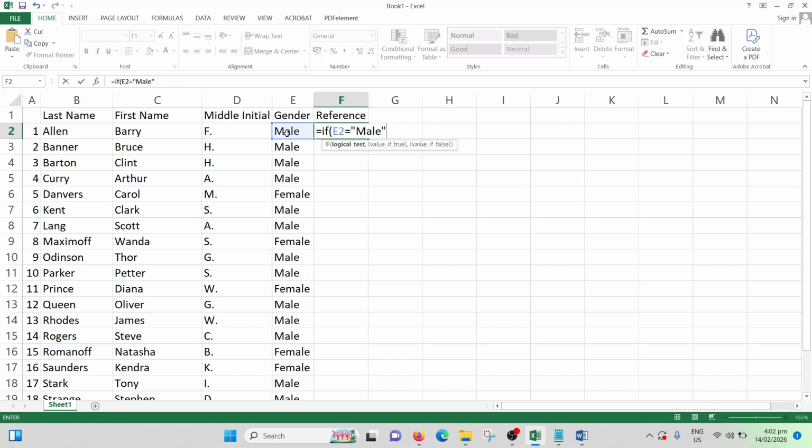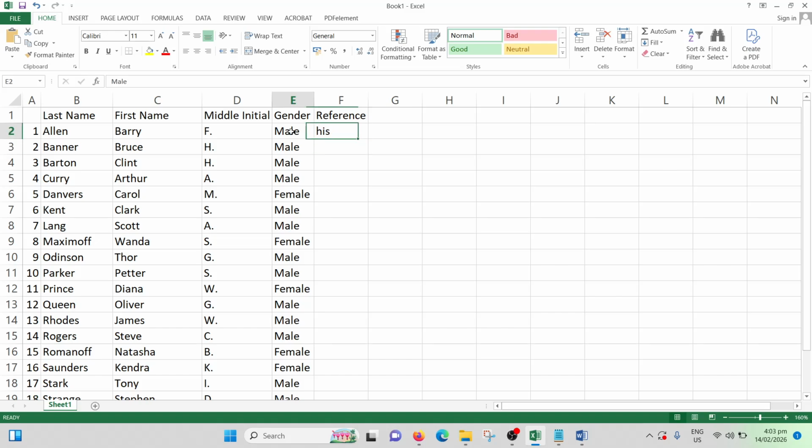So in formula, you have to enclose string or text inside double quotes, and then that is our logical test. We will insert a comma to proceed with the next parameter. So what is it gonna do after determining whether the condition is true or false? In this parameter, we need to return the true value, which is "his". Then if not, we will return the false value, which is "her". And then close parentheses and enter.